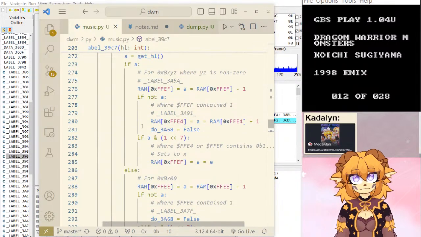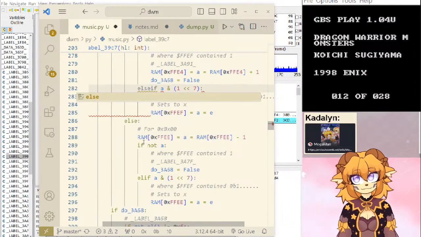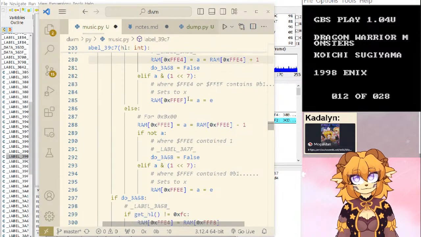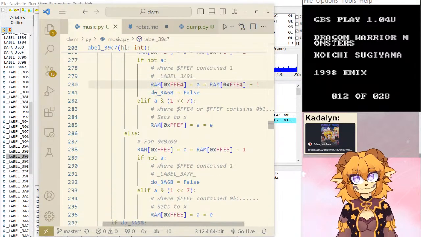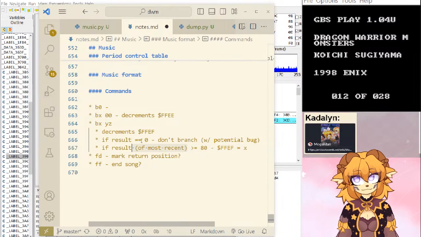Okay, so that should fall through to 39B9 directly, so this is an else. Oops, LF. Okay, that's fair. That helps. Get rid of that then.